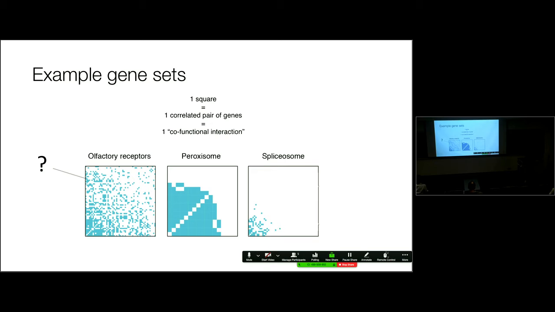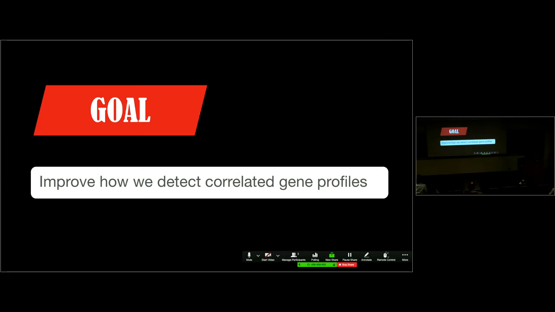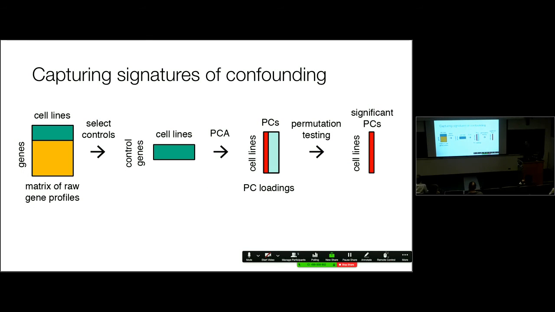Olfactory receptors are thought to be neutral and not play a role in cancer biology for the most part. So why is this all so filled in? It would be great if we could use this data set to focus on the cancer biology and maybe remove some of these other relationships that seem to be popping up. So the first goal of my work in this project is to improve how we detect correlated gene profiles using these large data sets. Here's the approach that I developed to try to correct and maybe improve the signal in